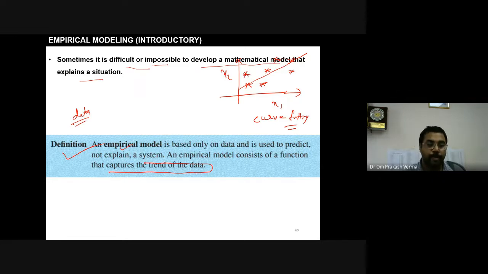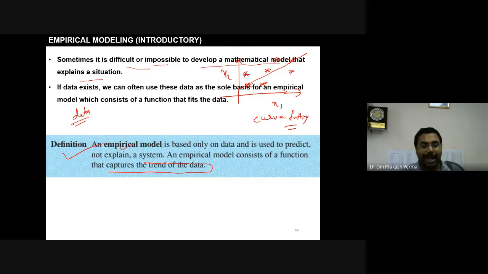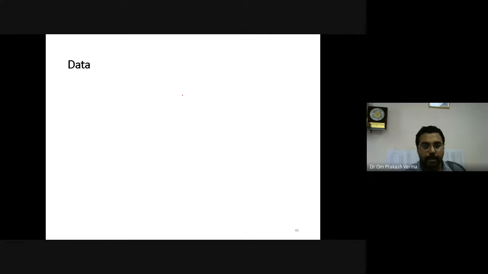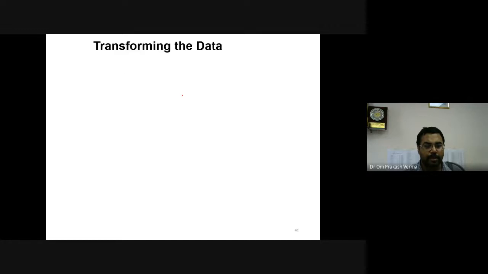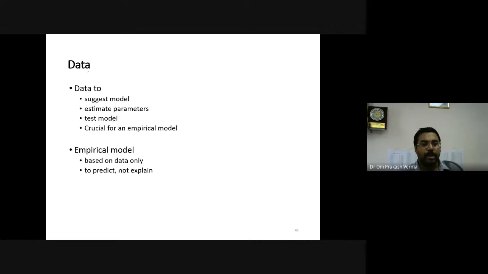So if the data exists, we can often use this data as the sole basis for an empirical model, which consists of a function that fits the data. We will find the different types of data, and the data will first suggest a model.